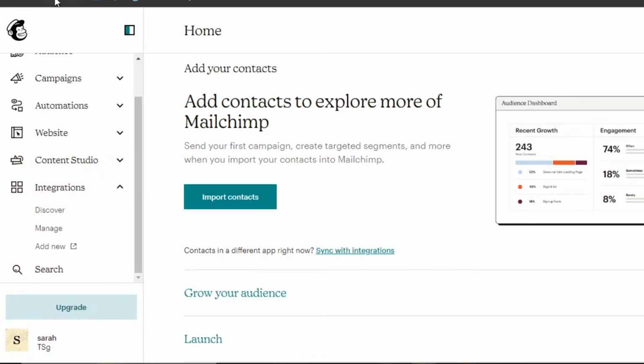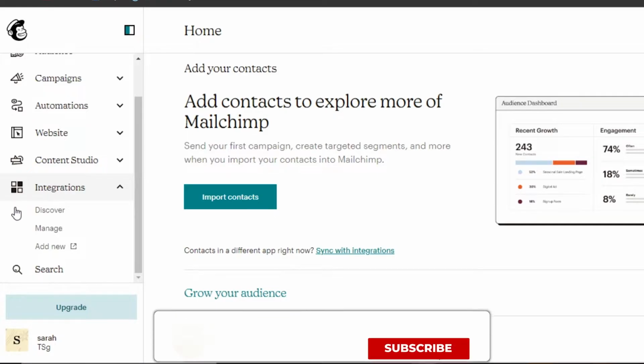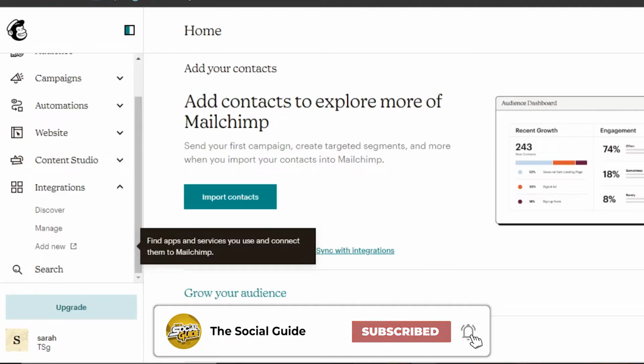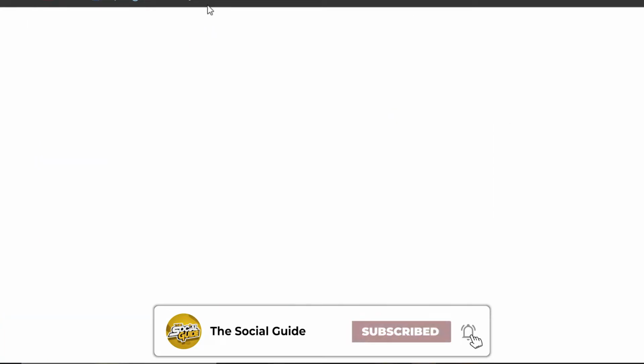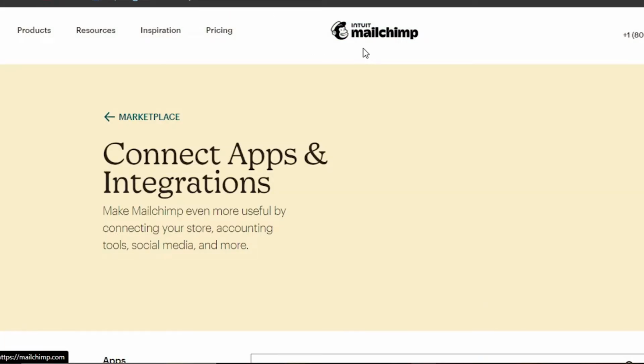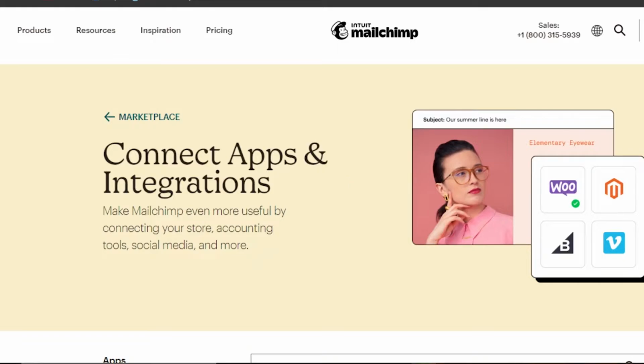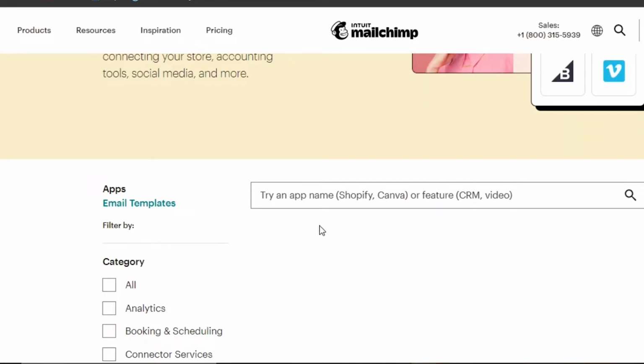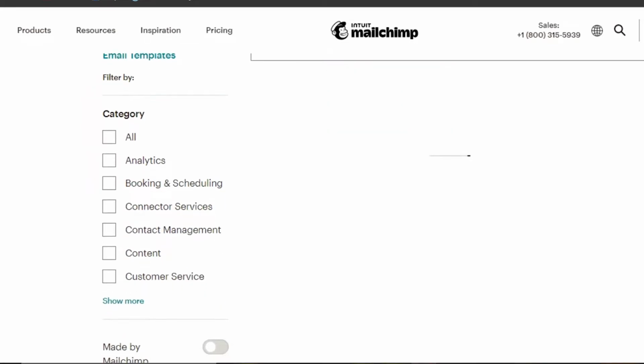Now I will go to Mailchimp.com. This is my main panel. We have integrations. I'm going to click on add new, and it will take me to my Mailchimp apps, where I will be able to find different apps to add to my Mailchimp. Connect apps and integrations. So we can search for our platform, and I'm going to search for